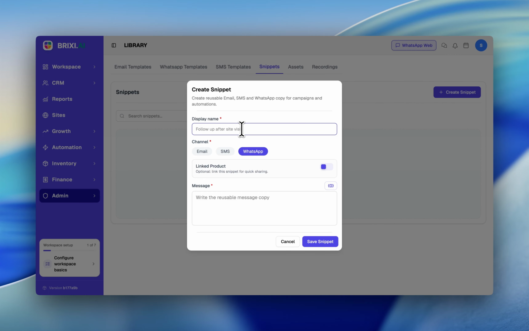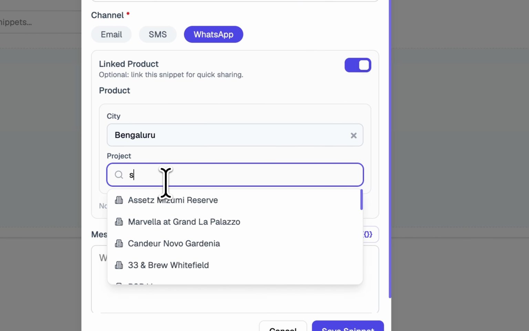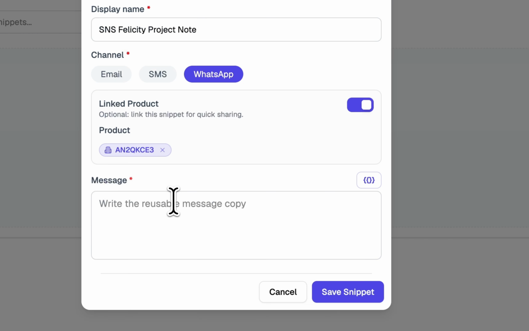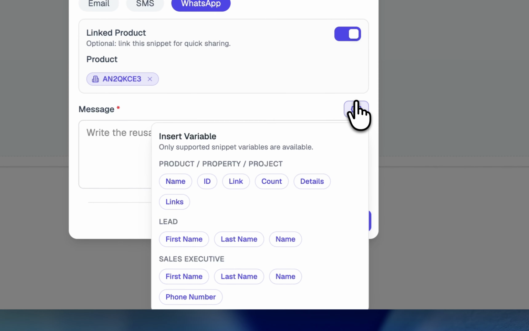Let's say I want to share with this customer the SNN Felicity project. Let's say a project note. What I do is click on the link project. So here it is in Bengaluru, and the name is SNN Felicity. Here I can write whatever I want to write to the customers, so that customers can see exactly that kind of message. Also, you will get options to customize